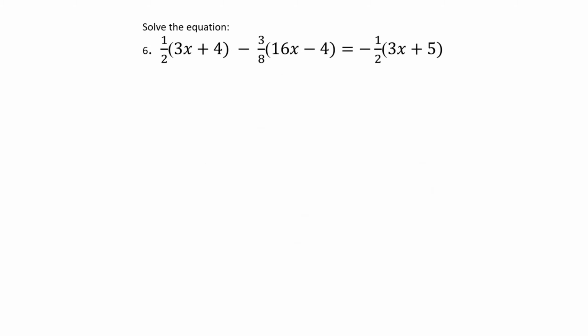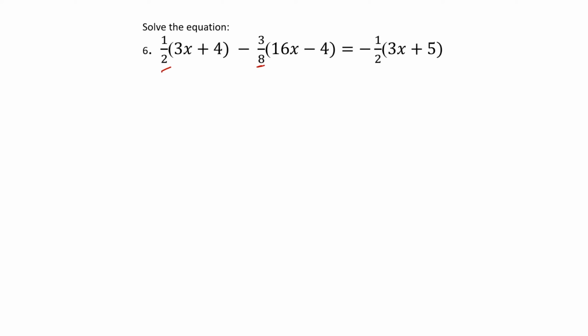Now let's solve the 6th question here. We have this equation and we are supposed to find x. We have 1 over 2 (3x plus 4) minus 3 over 8 (16x minus 4) equals to minus 1 over 2 (3x plus 5). Always remember that 3x plus 4 here is the numerator, 16x minus 4 is the numerator, and this also, the denominators here are 2,